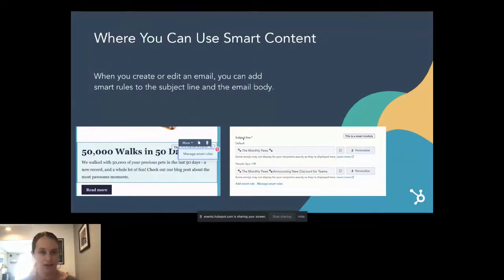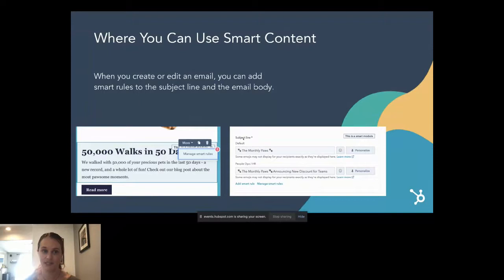Like we've talked about a little bit before, when you create or edit an email, you could add smart rules to the subject line and to the email body. So that right there means you can do something like personalize a newsletter to speak differently to your current customers versus people that might just be at the beginning of their experience with you.